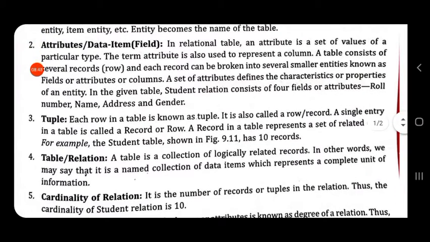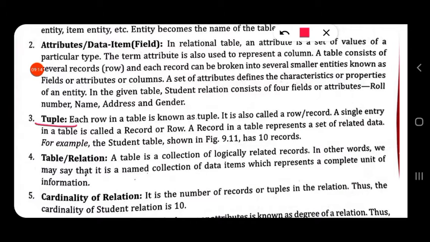Then the next one. In a table we know rows and columns. We studied columns. Now rows. Like we call columns attributes, data items or fields, in a relational database the name given to the rows is tuples or records.